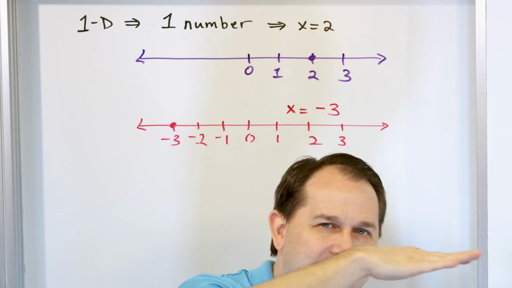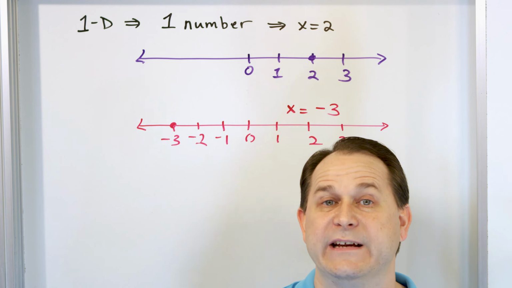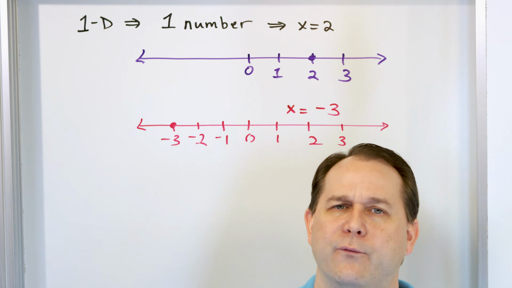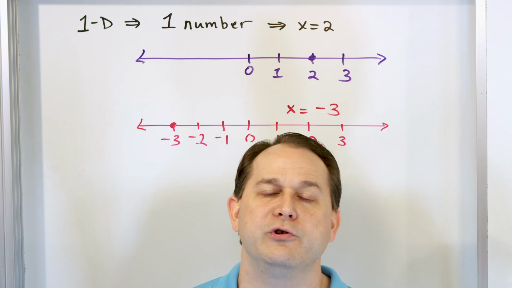It can only go in 1 direction, back and forth, to graph a single number. Right? That's what we did. Now, an example, a practical example of when you would ever care about this, well, you might care about it,